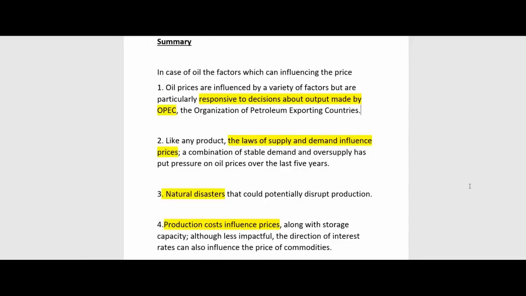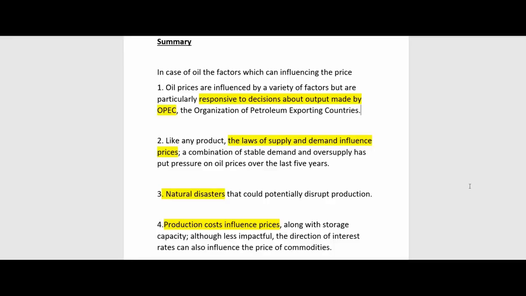So here are the points which I summarized from what we already discussed. The first point says prices are responsive to decisions about output made by OPEC, since we saw that OPEC is one of the most influential groups because the production from the OPEC countries is much larger compared to non-OPEC. The second point says the laws of supply and demand influence prices. In this case, the demand was heavily reduced because of this current situation. And the natural disaster, which in this case is this pandemic,